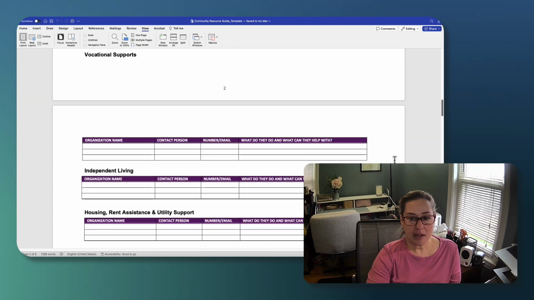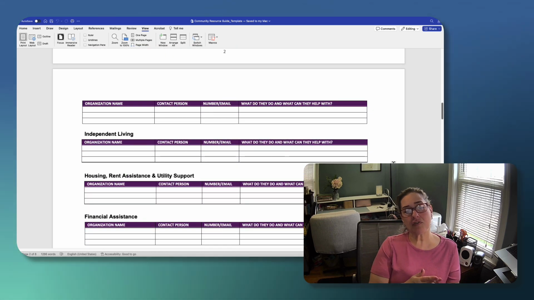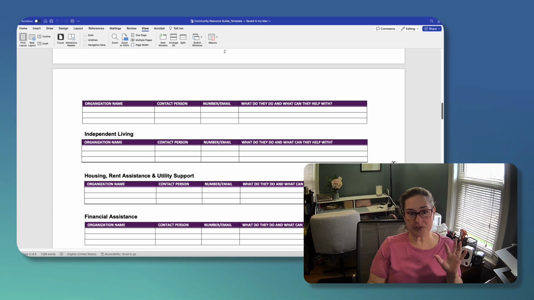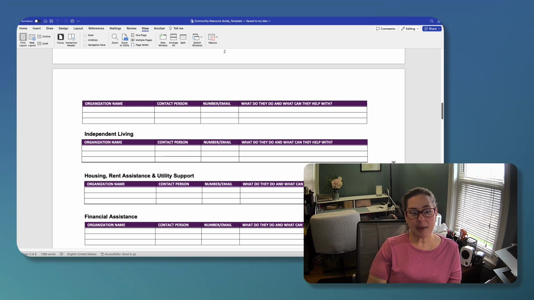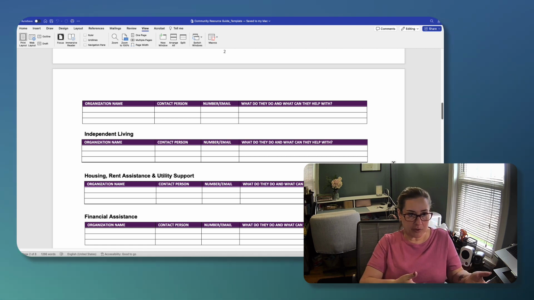Independent living. As I mentioned, a lot of people who are deaf-blind have a new diagnosis, one side or the other. So independent living may be a challenge in some areas. When you're meeting with someone, you may find they say something like, well, I've been deaf my whole life, and I'm fine with that.